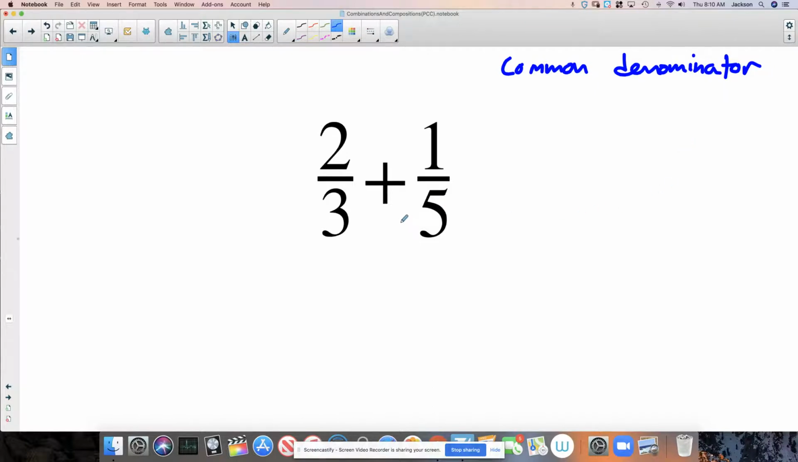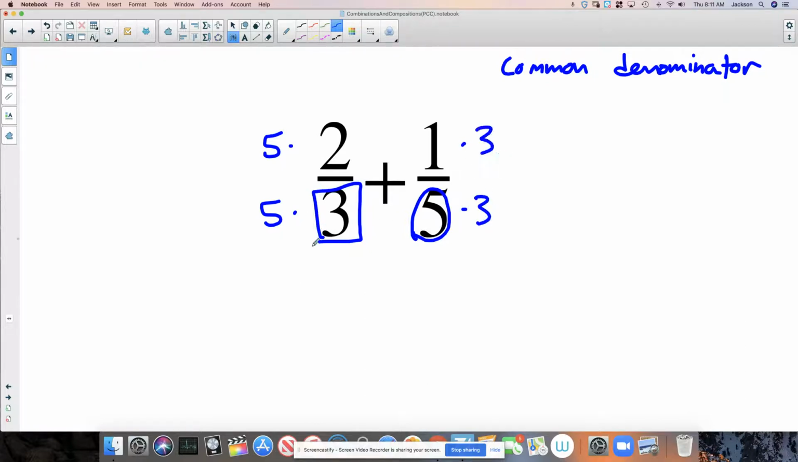So let's simplify it. If I want to add these, that means the denominators have to be the same. The fastest way to make the denominators the same is to multiply them. So I'm going to take this 5 and multiply it over here. But in a fraction, whatever I do to the bottom, I have to do to the top. So I'm also going to take this 3 and multiply it times the bottom here and the